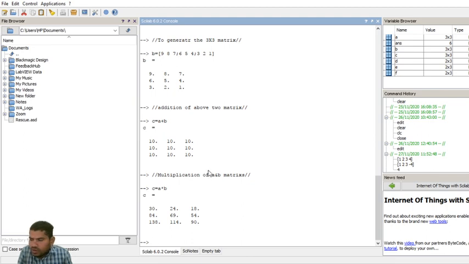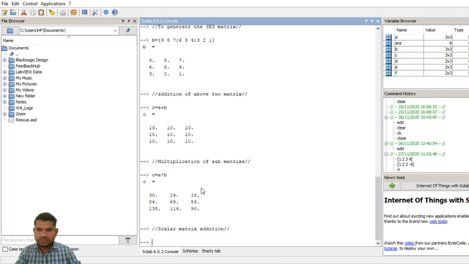Okay. Now scalar matrix addition. Now I am going to the next operation, this scalar matrix addition. Suppose one scalar, that is A is equal to 3. This is one scalar.